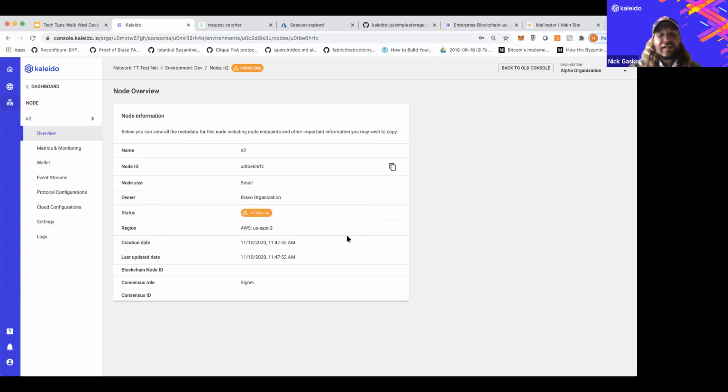And we only ask you to do one thing. We just ask you to teach us about your smart contract. And you can do this in myriad ways. You can link to a GitHub repository, public or private. You can upload raw bytecode and the ABI, or you can even just upload a single Solidity file or a nested directory from your local machine. And what Kaleido is going to do on your behalf is we're going to give you a REST endpoint for every single method inside of your smart contract.